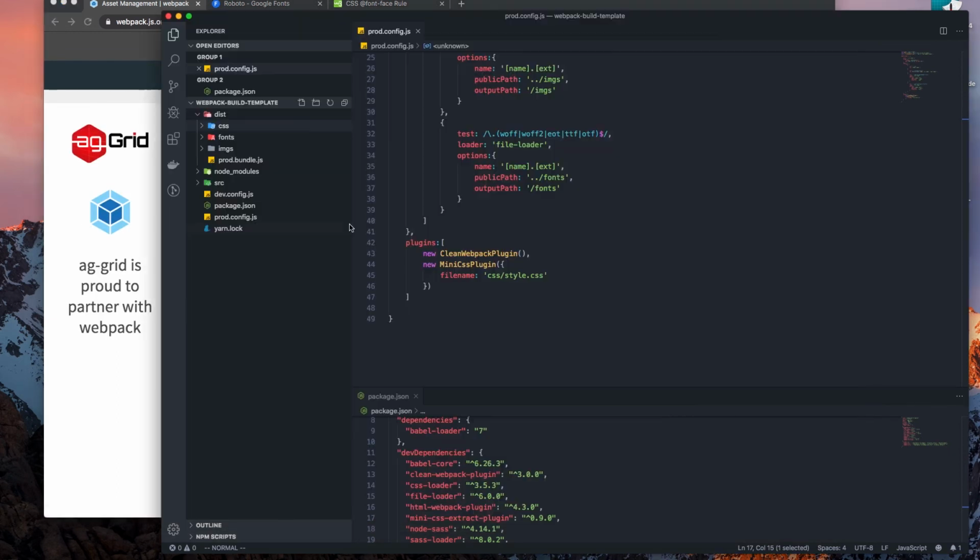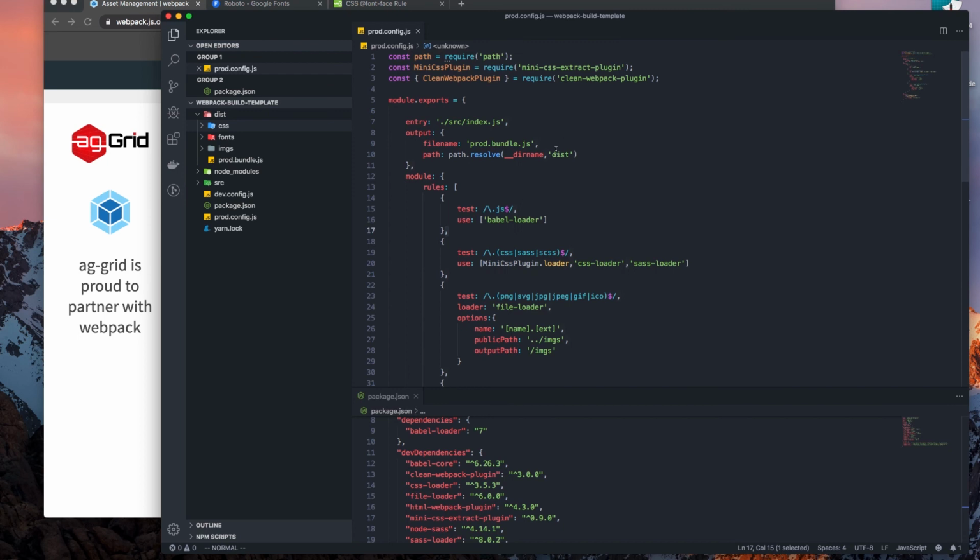Now, another thing too, and this is a more advanced way of doing things. Let's say, for instance, I'm working with a CI/CD pipeline release. I can actually set environment variables within my environment to account for some conditions within my production config file. And so what I can do is, if I want to write a logic statement here, I can say something like,